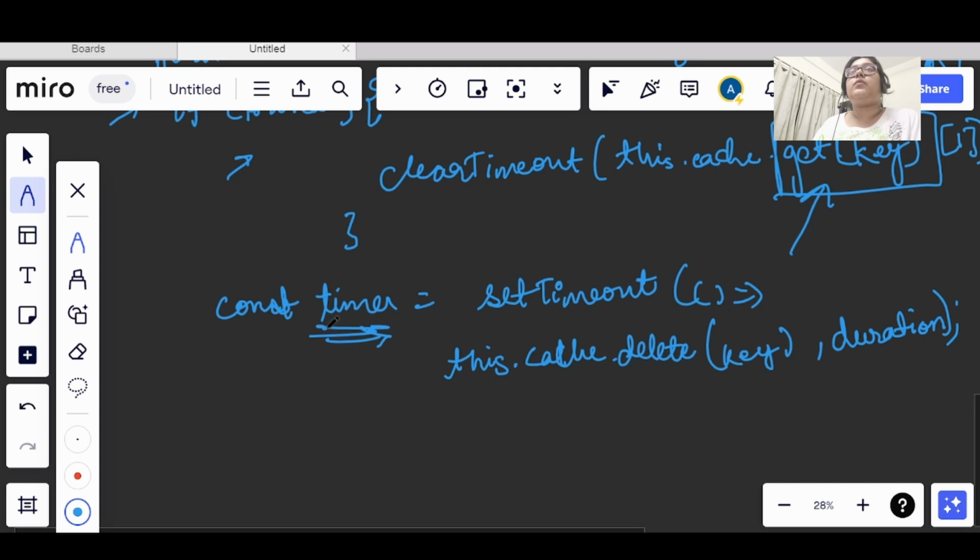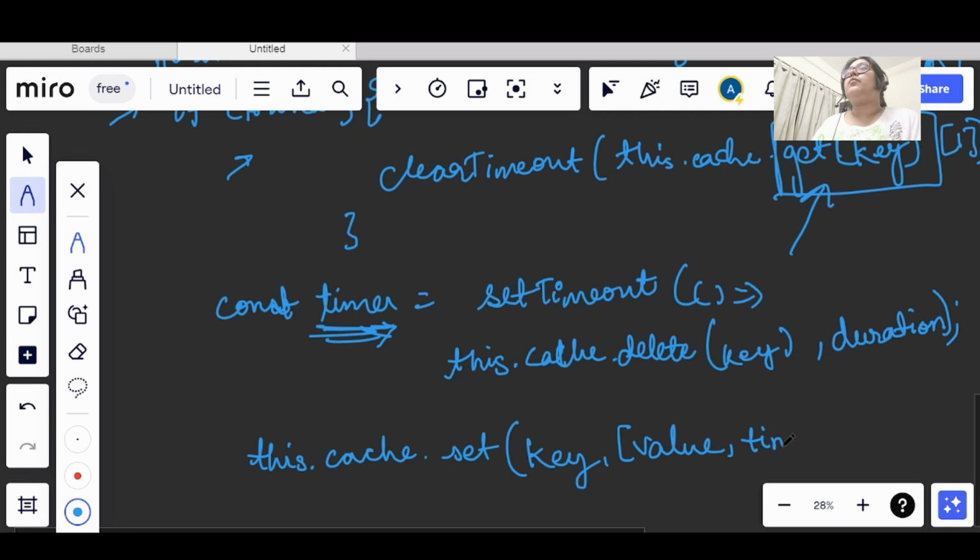So here we will do this.cache.set with the key and value and timer.